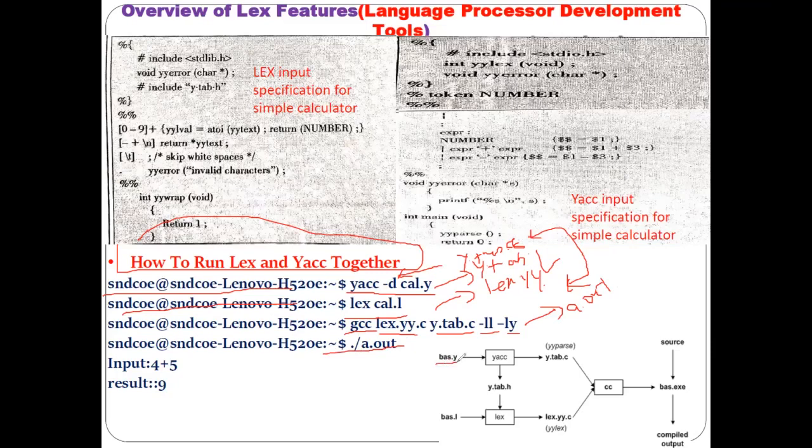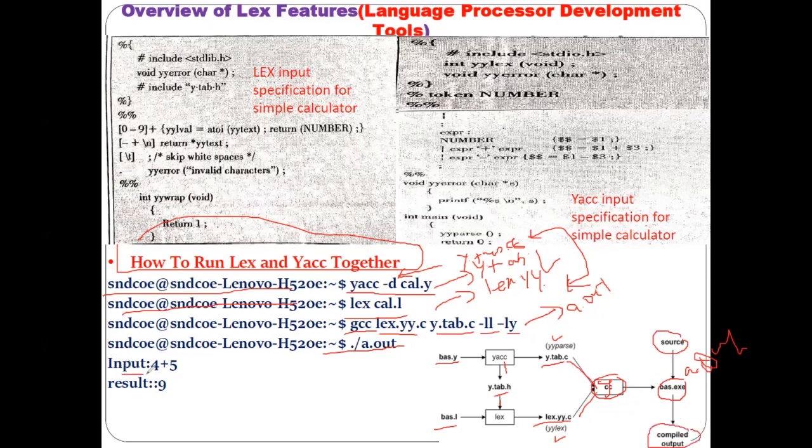The names of the programs are different, bash.y and bash.l. So here the Yacc will generate y.tab.c, and Lex will generate lex.yy.c. y.tab.c has the yyparse function, while lex.yy.c is generated by the Lex program. Then together you have to compile them using GCC, and it will generate an executable file, that is the a.out. And when you give some input to that executable file, like some high level language source code, it will generate the output.